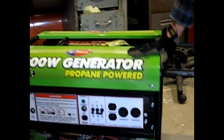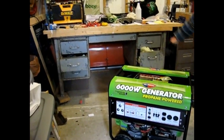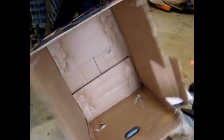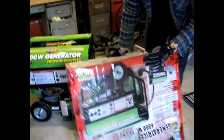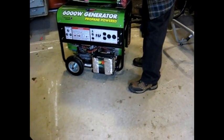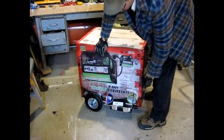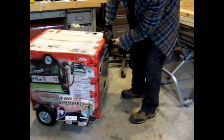So DW had a great idea. I'm going to store it in there underneath my desk, but we wanted to keep it free from dirt. So we made a little cover for it out of the box that it came in. I just cut the flaps off, notched that for the generator, for the battery. We just drop it down over the top, and it just rests just above the wheels. That covers the battery, and I have two little holes here at the end